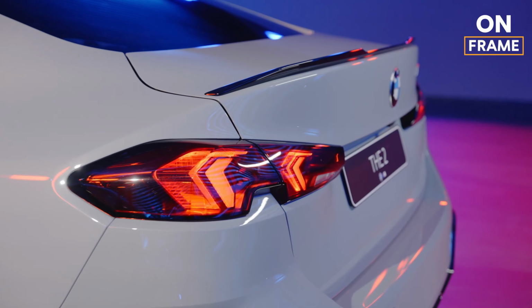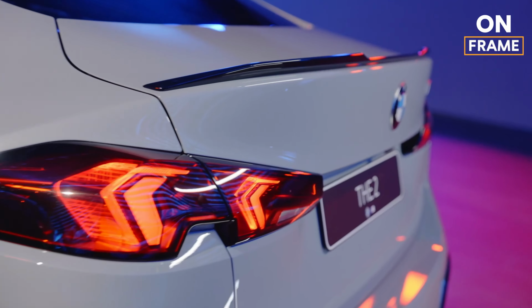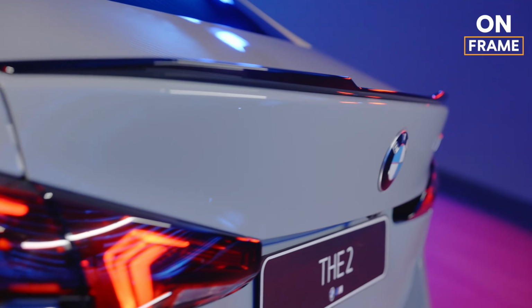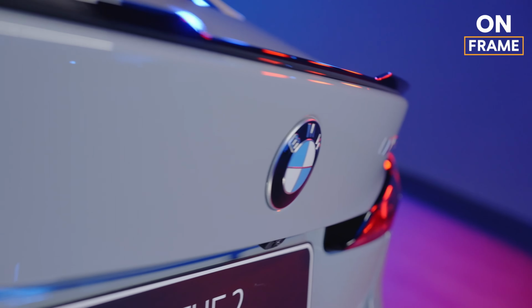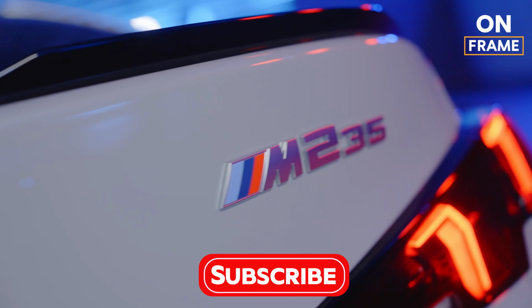From its bold design to its exhilarating performance, the 2025 BMW 2 Series Gran Coupé truly stands out in the compact luxury segment. If you're looking for a car that combines style, tech, and driving fun, this one deserves your